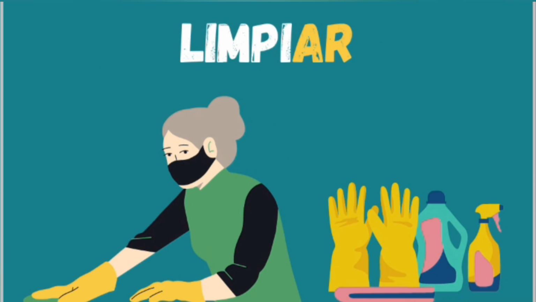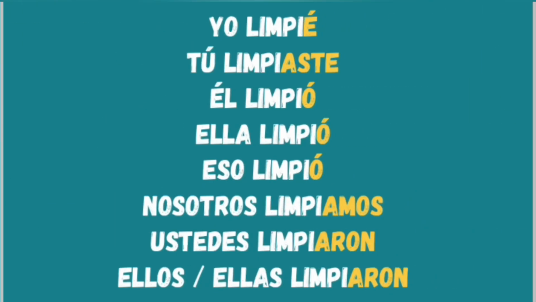And now we have this verb to clean, okay? To clean means in Spanish, limpiar. And this is the way we have to conjugate the indefinite past, okay? If you want to say I cleaned, then you have to say yo limpié. See the root word in this case, it's limpi, ending with letter E accent because it's personal pronoun I, yo.